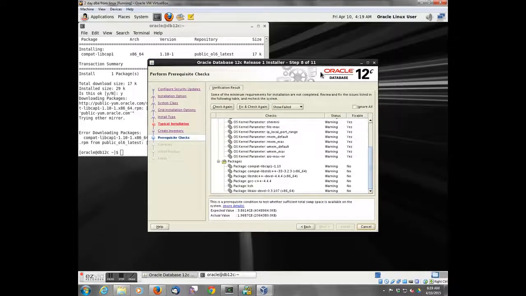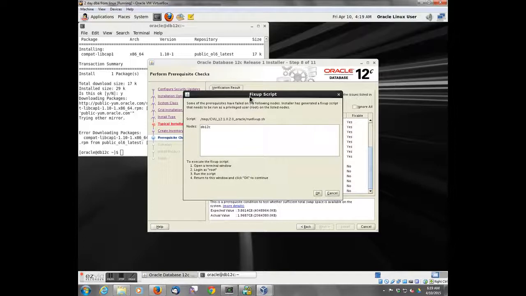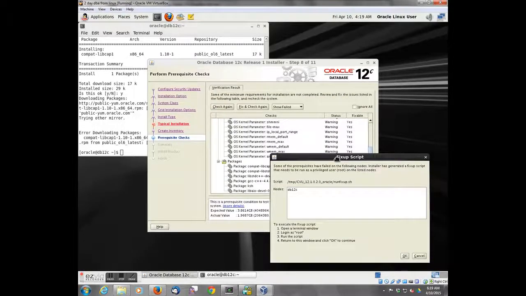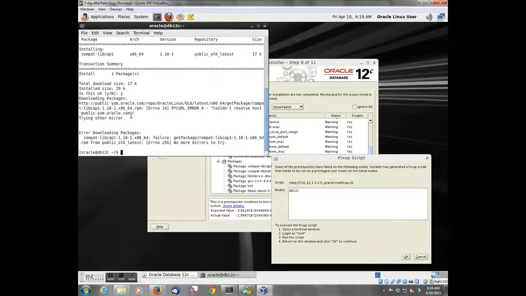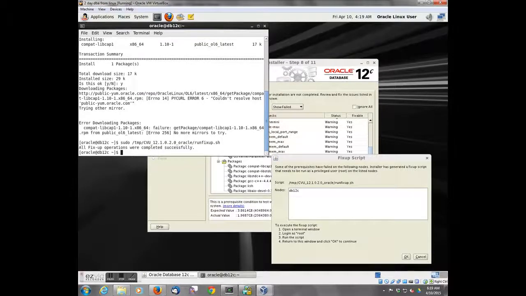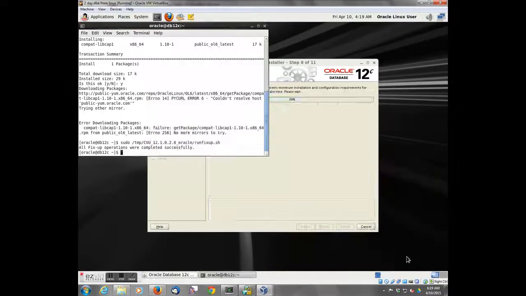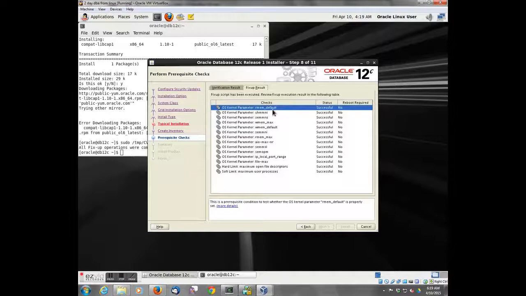We're going to skip those steps for now. What I wanted to look at is do the fix and change. And what the fix and change is, it should go in and try to change the OS kernel parameters. So if we do an execution of the run fixup and run it as root, which we did with the sudo command, it will now go in and say,